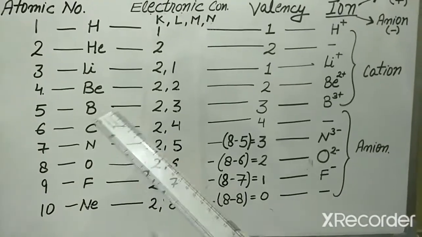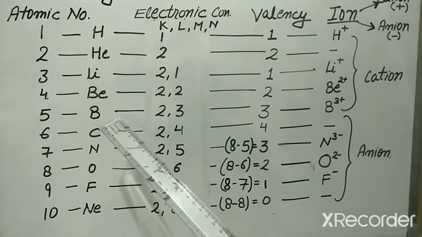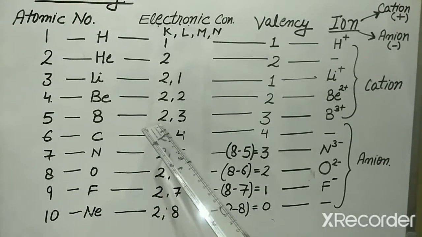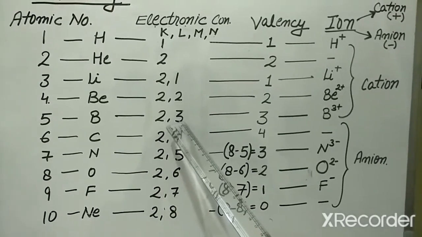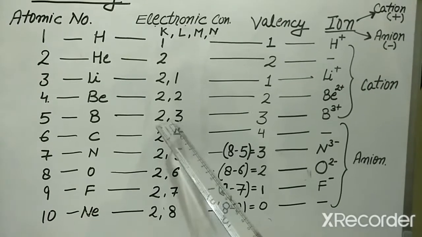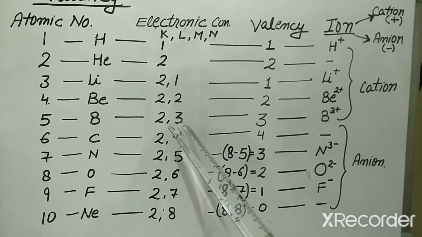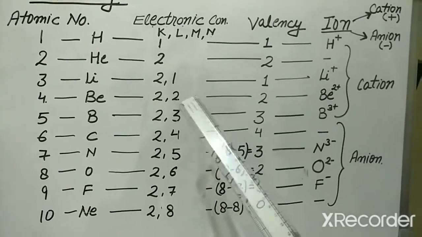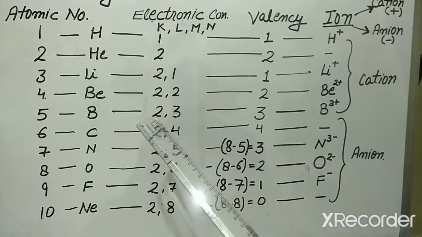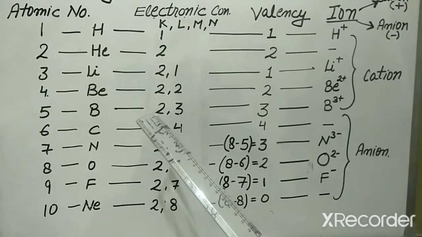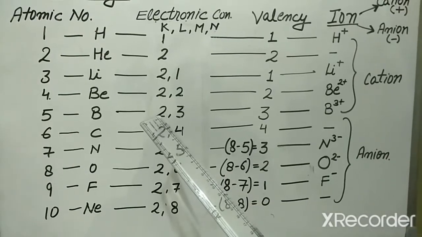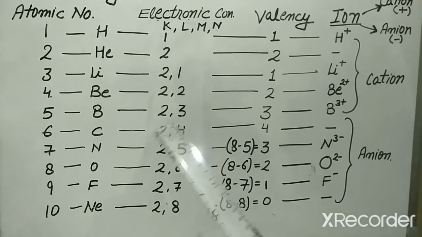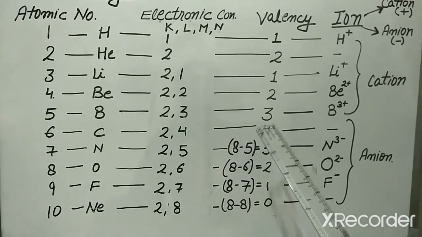So now you understand that when we are talking about boron, atomic number 5, the 5 electrons are distributed this way: in the first shell 2 electrons and after that 3 electrons. So we see that the 3 electrons are extra. Means if the 3 electrons are lost by boron, then it gains the configuration of 2, a very stable configuration for boron. So it loses 3 electrons to another element, so the valency is 3.